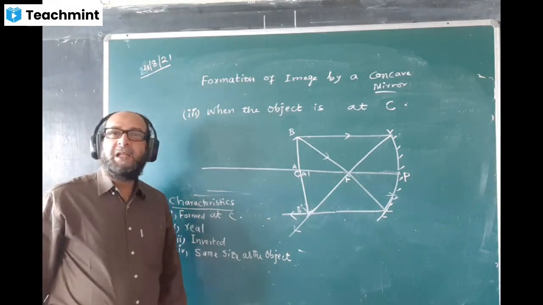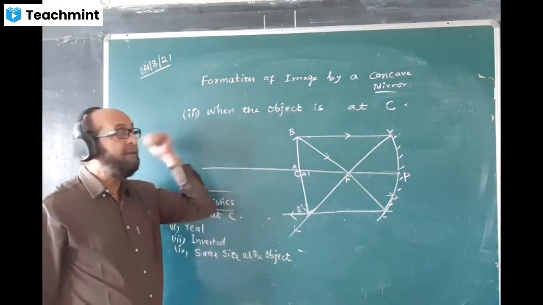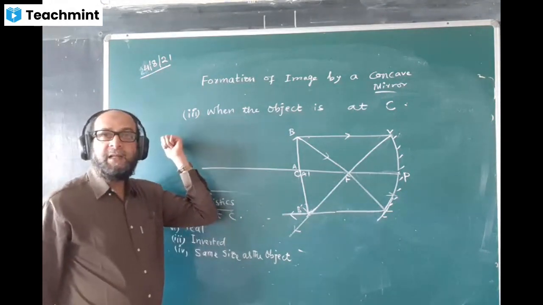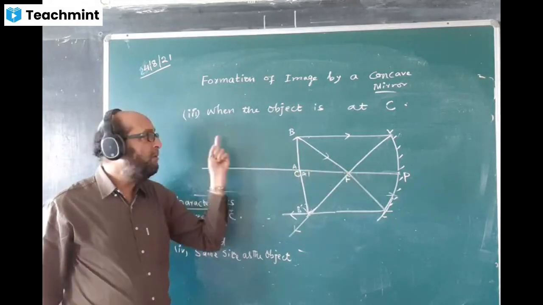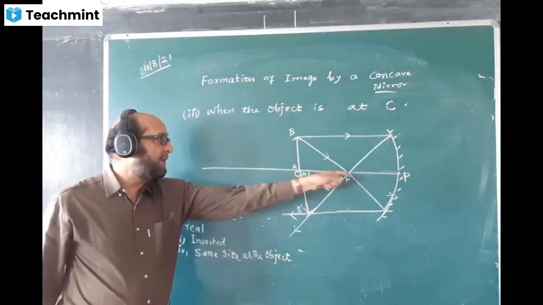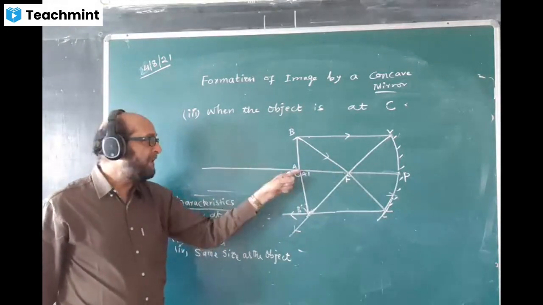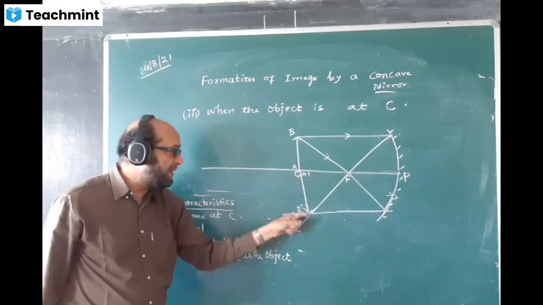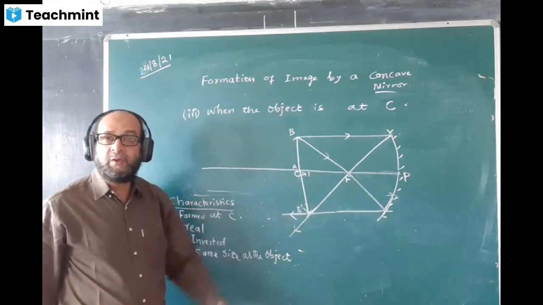Okay. So 3 cases we discussed so far. Case 1, what was it? The object was at infinity. Then that time the image is formed at F only, exactly at F. Now object is beyond C, the image is coming this side now. The image is formed between F and C. And now when the object is at C, the image is formed at C only, exactly at C. Third case, and same size is also same.